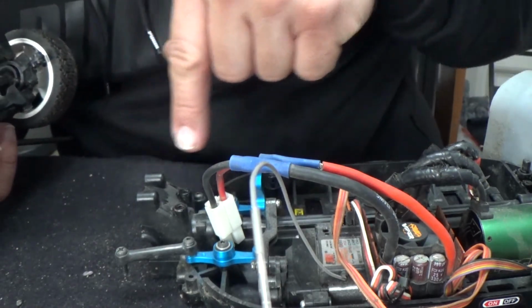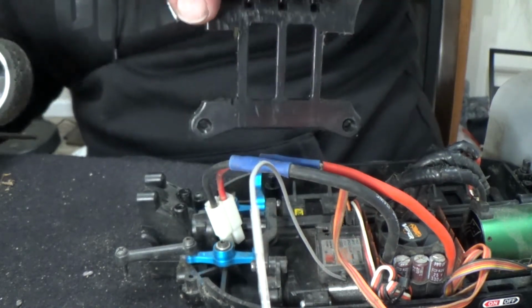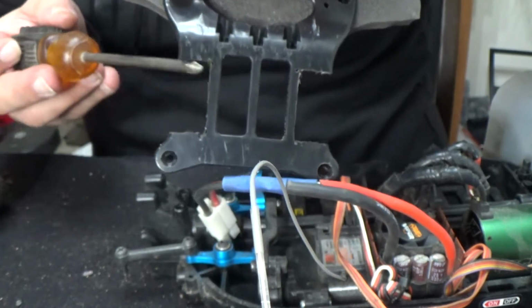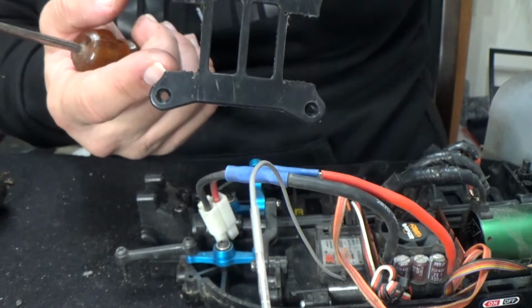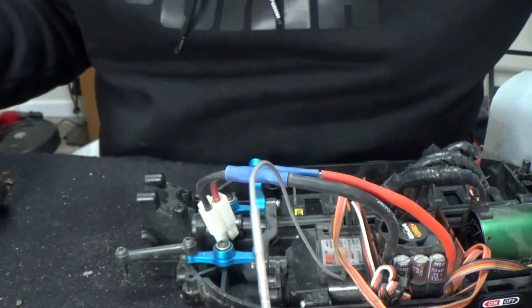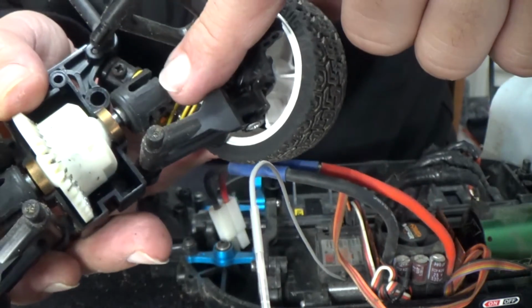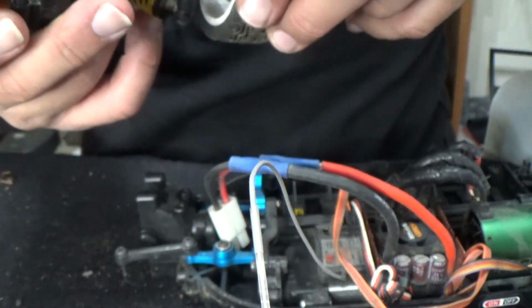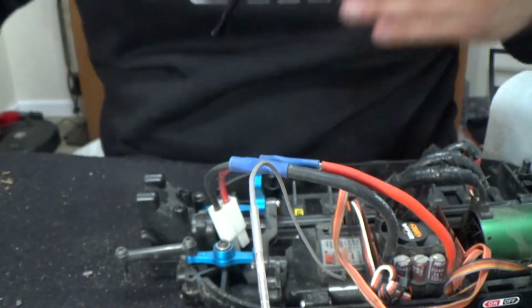So when I ended up cutting this part here, as you guys can see, this right here all used to be, it wasn't here. This was all one whole piece. So this right here came down all the way. I ended up cutting it out so I could get more suspension flex. When I did that, what I had to do here was basically take these off and cut these so I could get more room there. Alright, so now that that's off,